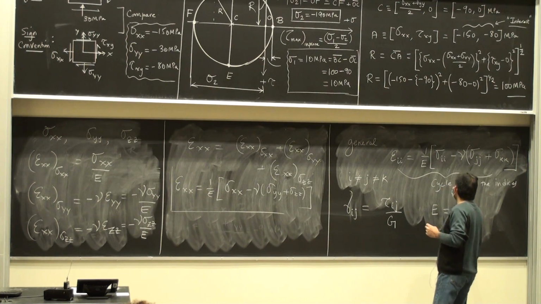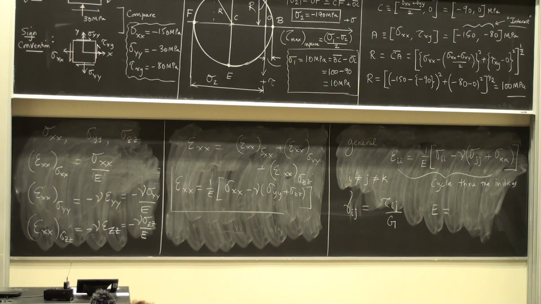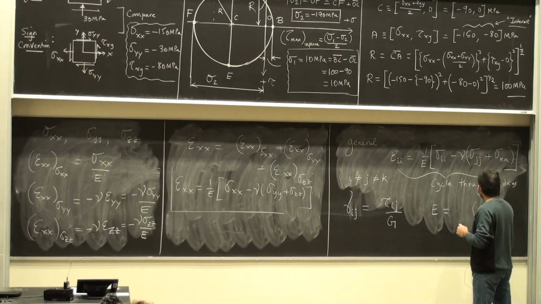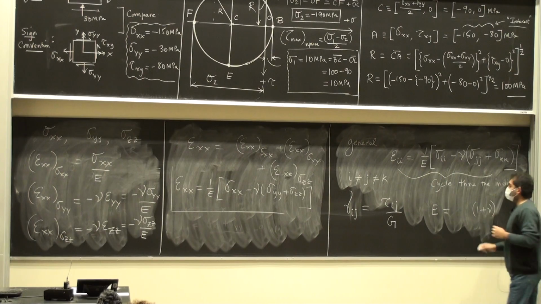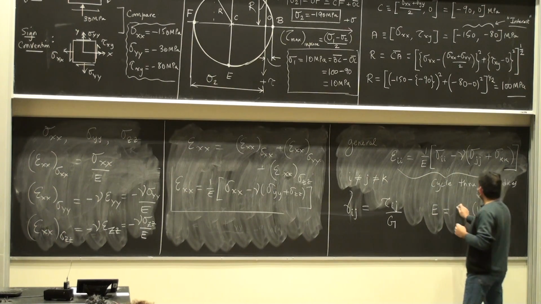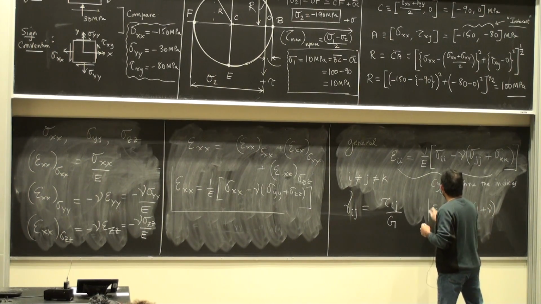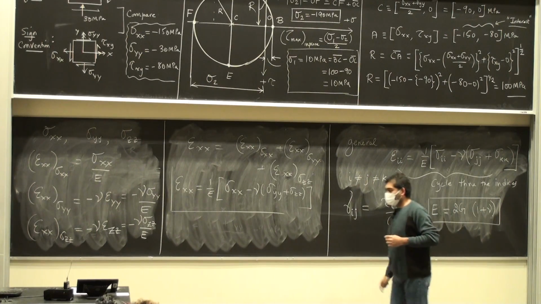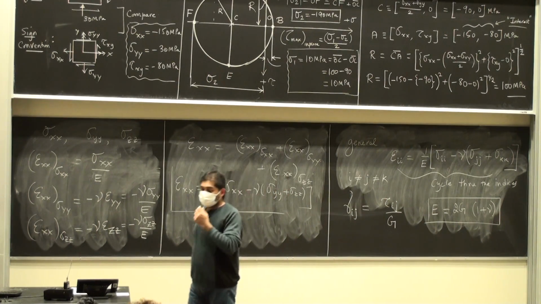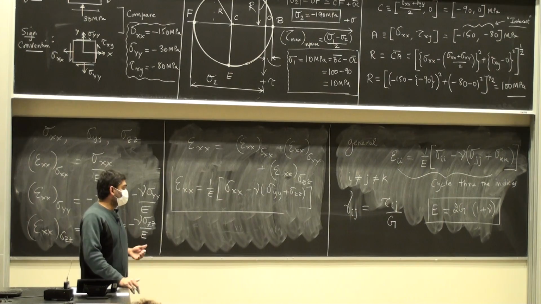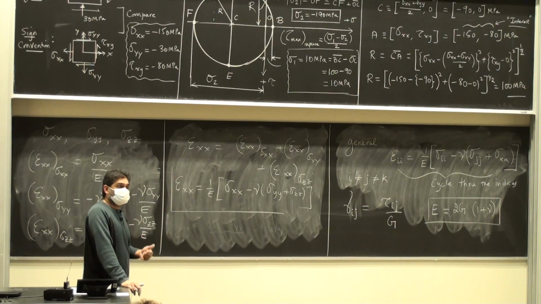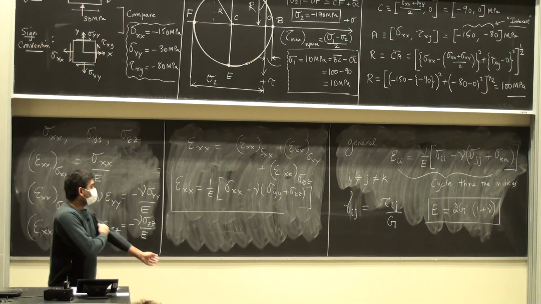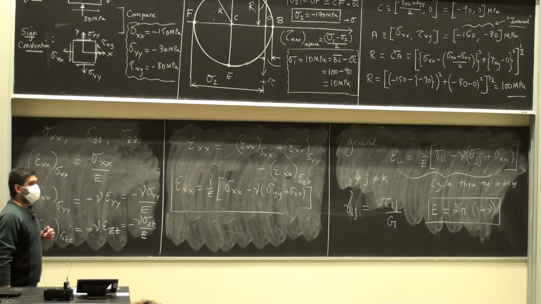E can be related to Poisson's ratio and the modulus of rigidity by the following equation. This is also experimentally proved that these material constants obey these kinds of laws when you're looking at elastic strains. And that being said,